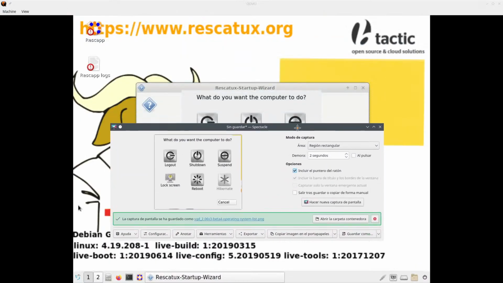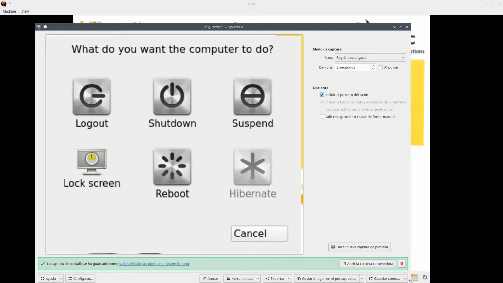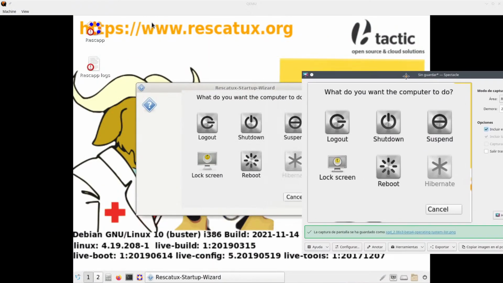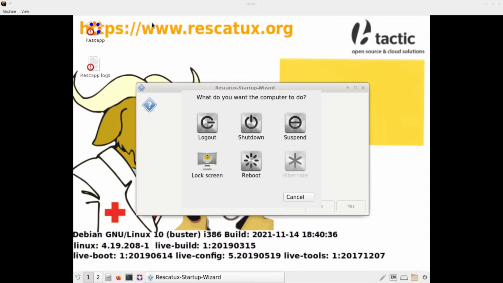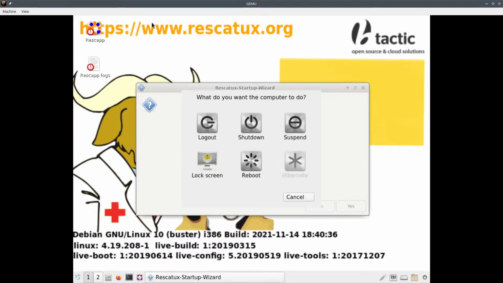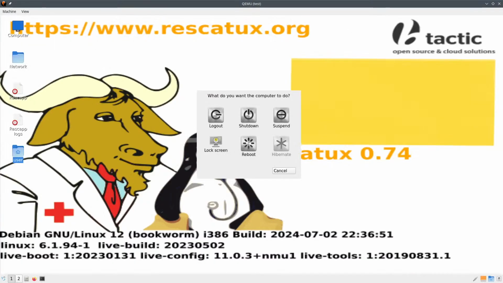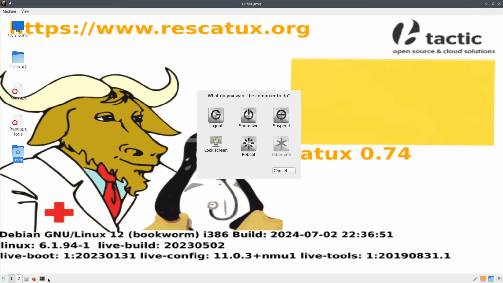Okay, so what's the difference? I mean, they seem the same thing to me. Huh. Am I doing this right or not? Yeah, I mean, different size, but it's actually the same thing. However, here we have this icon. In the past we have this icon, but in this new one that has Firefox but doesn't have the Rescap,